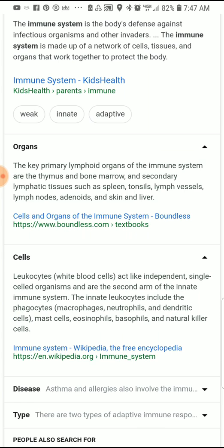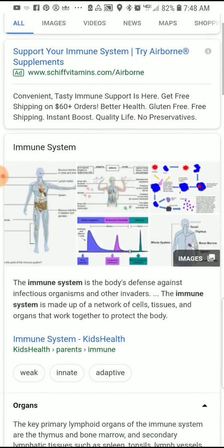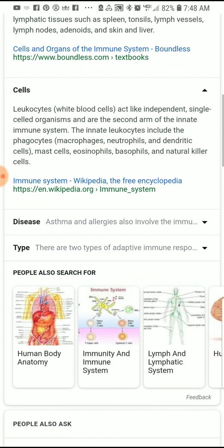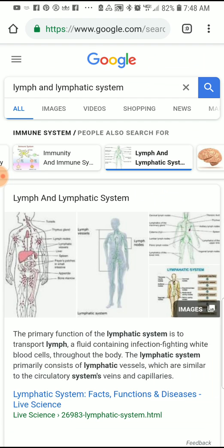And the organs. It says the key primary lymphoid organs of the immune system are the thymus gland, the bone marrow, and secondary lymphatic tissues such as the spleen, tonsils, lymph vessels, lymph nodes, adenoids, skin, and liver. All right, so these are just some of the various points of the immune system that you need to be focused on. And as I said, one of the main things was the bone marrow and stuff like that. As far as the bone marrow,